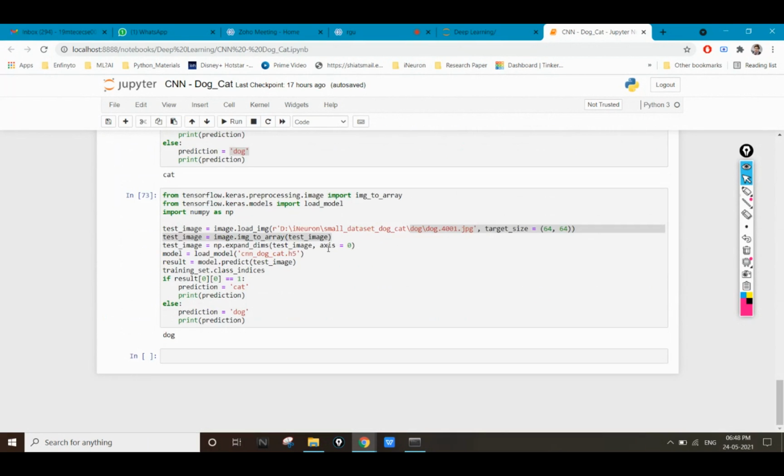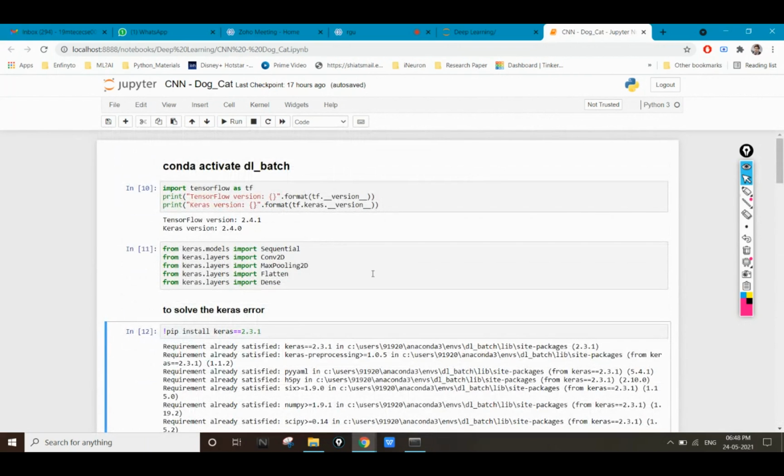I will send you this PDF file, but I will not send you the dataset. You have to create the dataset on your own, or use the dataset which you have already used. You have to use the same dataset which you created for PCA in this particular CNN model.